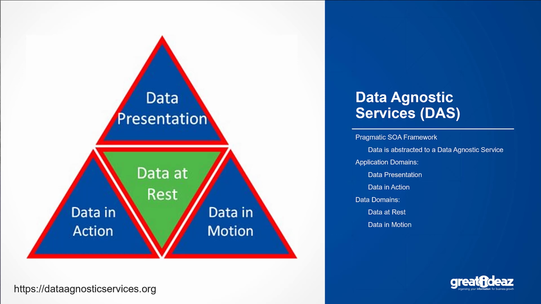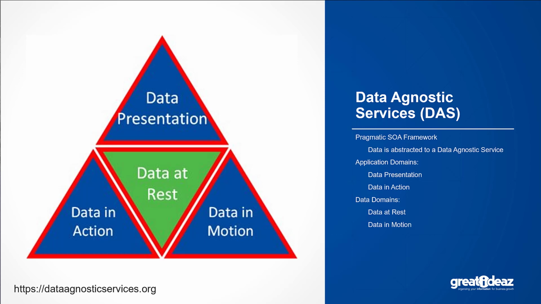that we're implementing with Data Agnostic Services, or DAS, is that instead of encapsulating the customer data in the customer service and the order data in the order service, we're abstracting the data into a data agnostic data at rest service. So all of the information about customers is not in the customer service, it's in the data at rest service. All of the information about orders is not in the order service, it's in data at rest. And what we're doing is we're providing a generic data storage service for record information that's using a data agnostic format. It's as simple as that. But that simplicity addresses a ton of the fundamental concerns and limitations associated with building out services and applications at